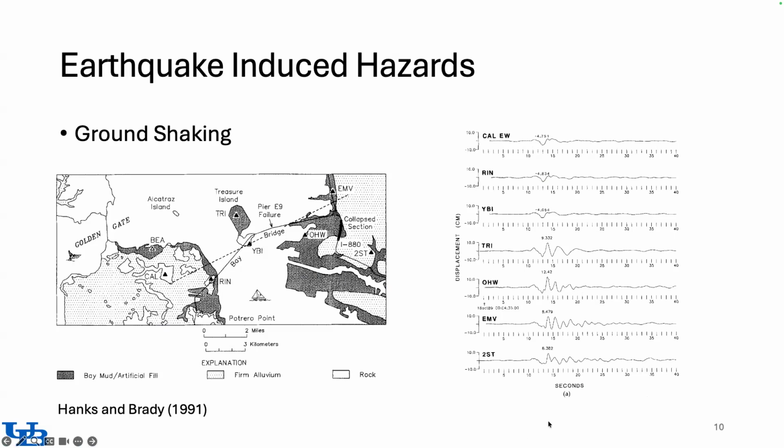And in this class, in later lectures, we'll see how the near surface layers and the geotechnical layers affect ground shaking. So here I'm showing a map of the San Francisco Bay Area, and in particular we can focus on these two islands. This is Yerba Buena Island, and this is Treasure Island. Yerba Buena is a natural island that is a rock outcrop, so very stiff material, whereas Treasure Island is